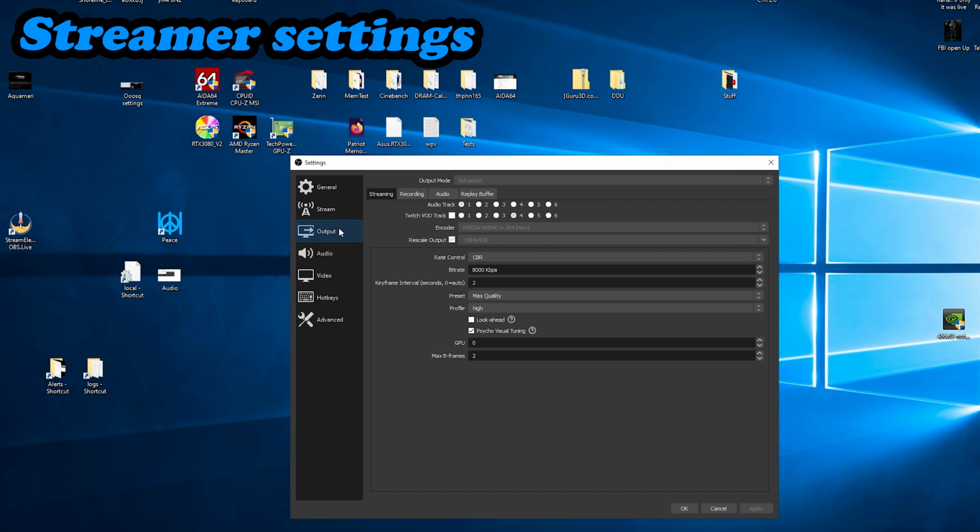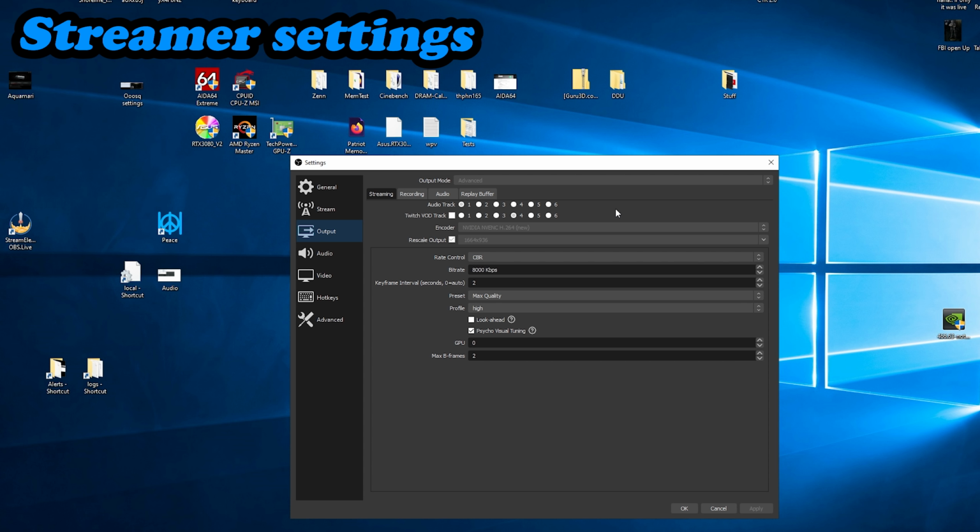So the biggest thing that I want to talk about is the output. For the most part, if you've just got normal OBS settings, this is something that you're probably looking at. You'll have audio track 1 enabled. You'll have your encoder set to H.264 new. Now the rescale output. This is quite important. So you need to be using either